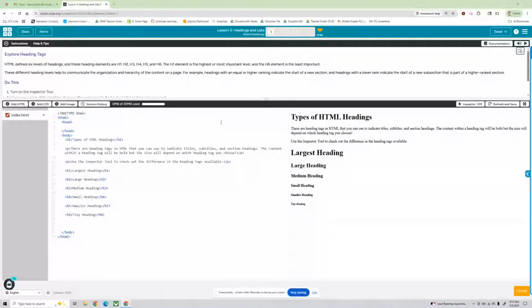We are continuing our series for the updated 25-26 Code.org Unit 2 Web Development Curriculum, and we are looking at Lesson 3, Headings and Lists. Last time we were here, we were working on the Intro to HTML lesson. We're moving right along, exploring heading tags and making lists. Let's go! All right. HTML defines 6 levels of headings, and these heading elements are H1, H2, H3, H4, H5,